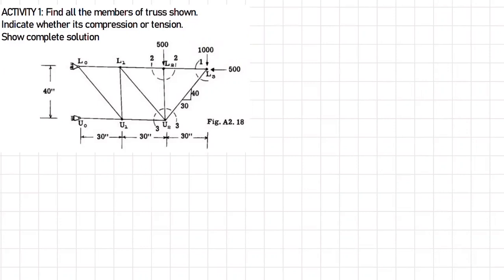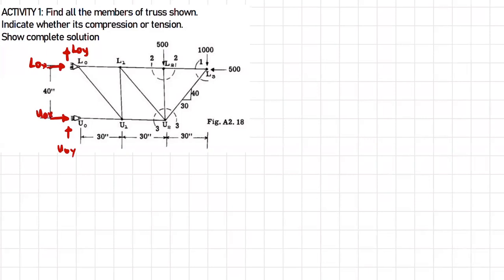As you can see, we have fixed supports, hinge supports at L sub 0 and U sub 0. So here we have two reactions, and here we also have two reactions. All of those are just assumptions. So let's label them L sub 0X and L sub 0Y, and this one is U sub 0Y and then U sub 0X. Okay. Next is